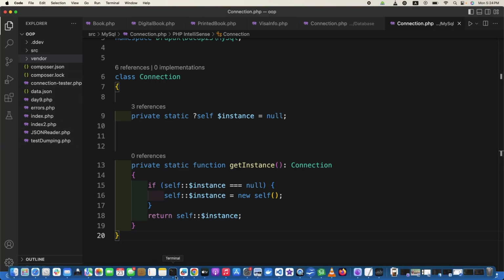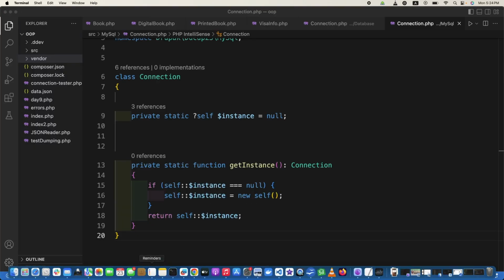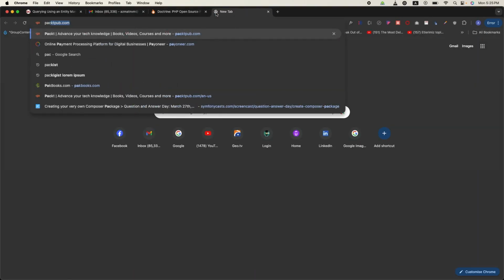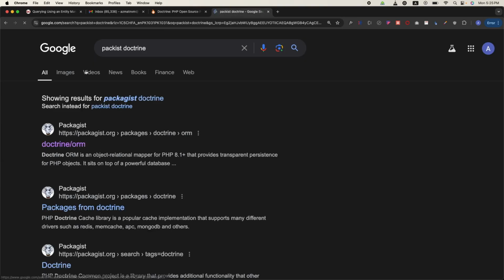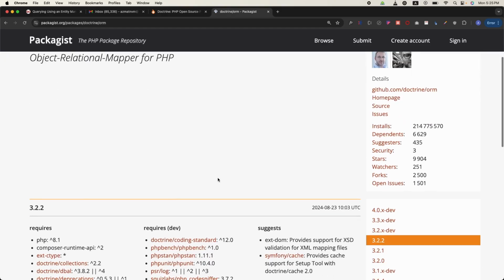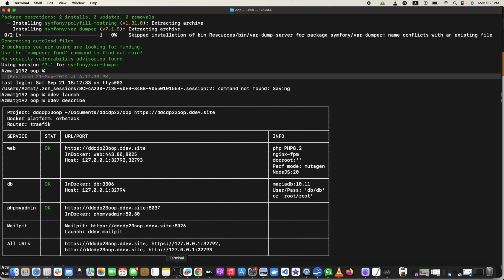if I go to the terminal, first let us go to the packages where Doctrine has been mentioned. Packages, Doctrine. It is called ORM also, Doctrine ORM. ORM means Object Relational Mapping in PHP, for PHP. So we can just run this command, composer require doctrine/orm. It will download it, and